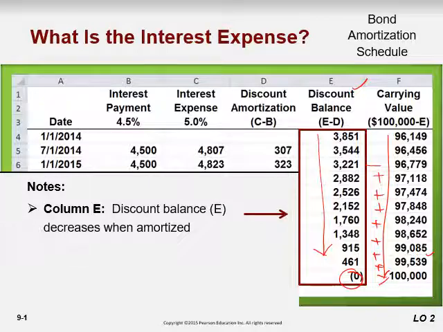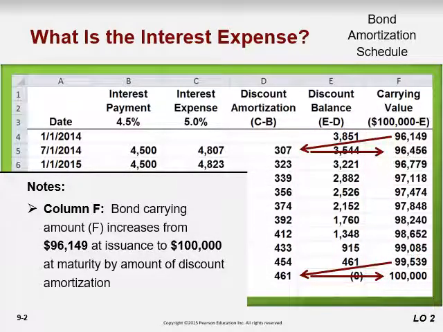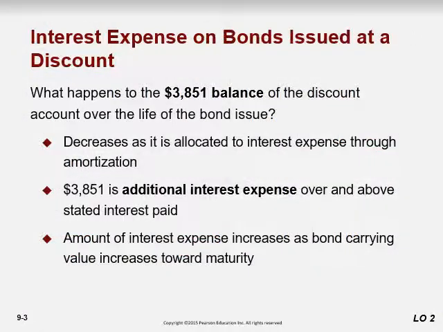It's going to be one here. So bond carrying value increases from 96,149 to 100,000 at the end, right here. So what happened to this discount balance? It decreases and it is allocated to interest expense through amortization, and this